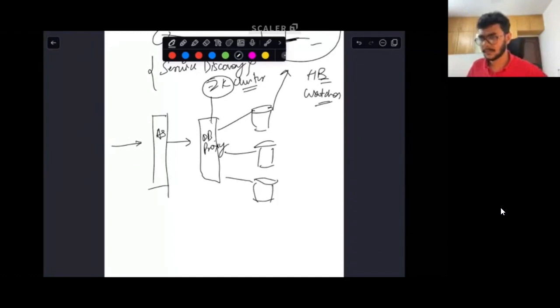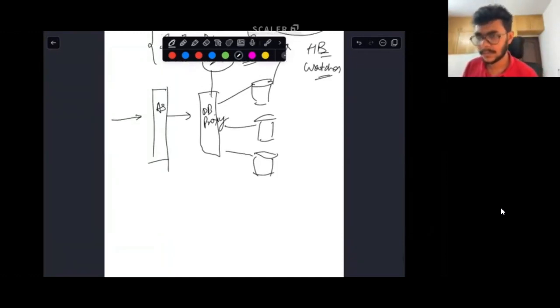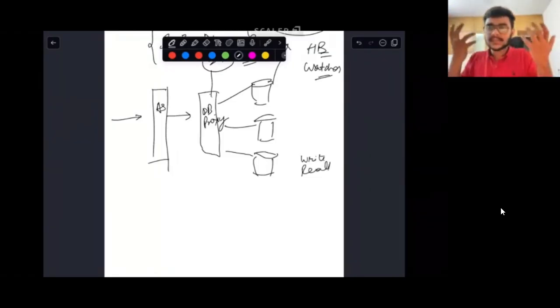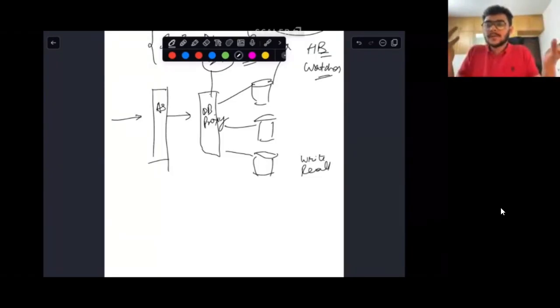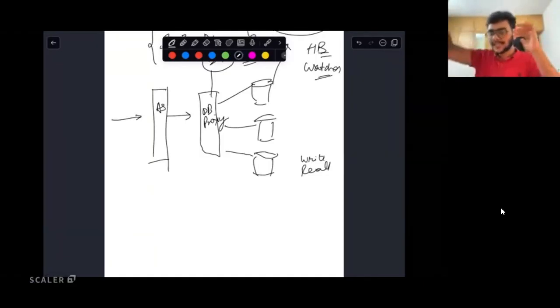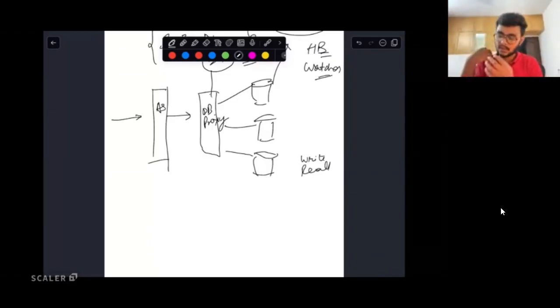Okay, got it. So whenever we get a write or read request, we'll anyway call Zookeeper to know the IP address, right? But not always. That is the whole concept of watch. You want to get that IP address if, let's say, that file has changed or has been deleted. That change will be pushed to you. Otherwise, for every write, you'll have to make a request to the Zookeeper cluster asking what the IP address is.